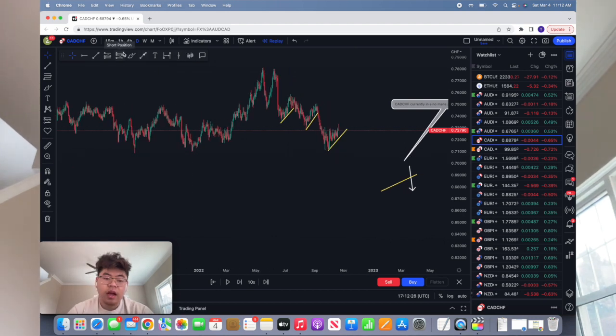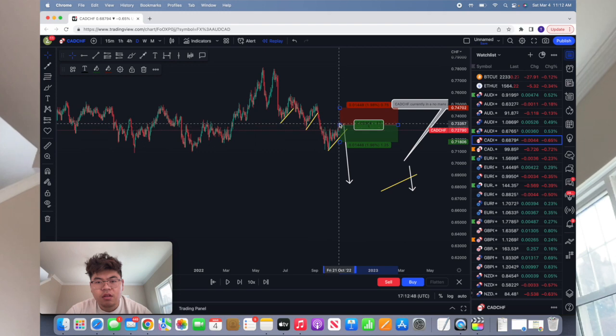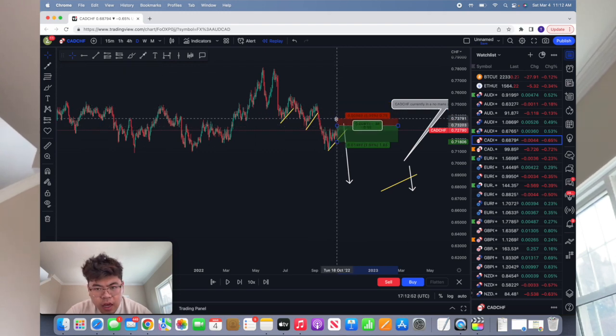We need to have our go-to structure to say, okay, this is where I'm gonna go, this is my stop loss, and this is my TP. Right now in here, it looks good. We can all agree that CAD Swiss is coming to the downside, right? We can all see that. But if I just enter here, let's say this is a pretty good entry.